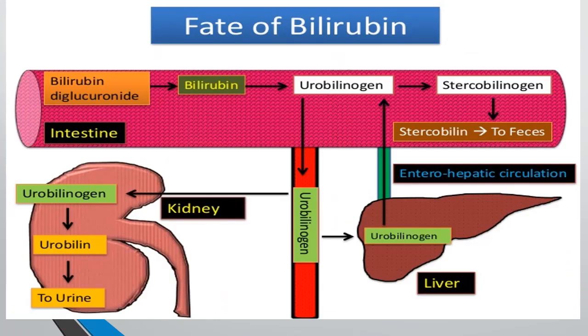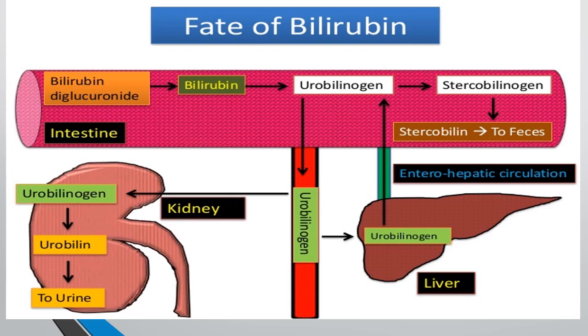Step 3, fate of bilirubin. Bilirubin diglucuronide is hydrolyzed in the intestine by a specific bacterial enzyme, namely beta-glucuronidase, to liberate bilirubin. The latter is converted to urobilinogen, which is a colorless compound, a small part of which may be reabsorbed into